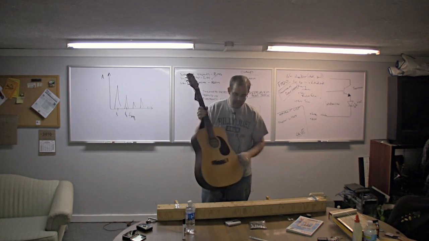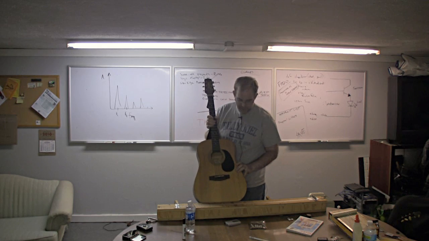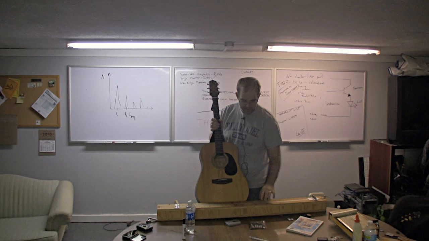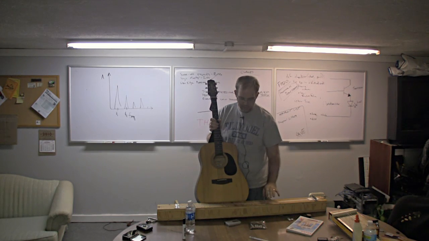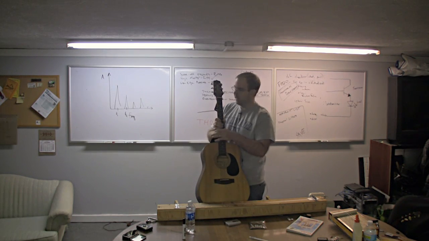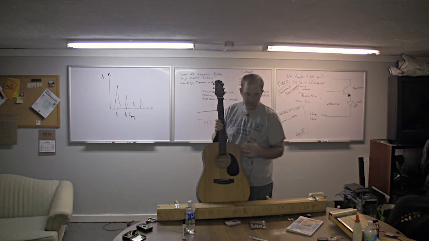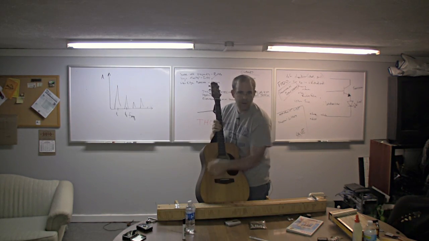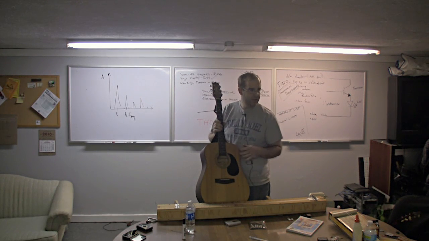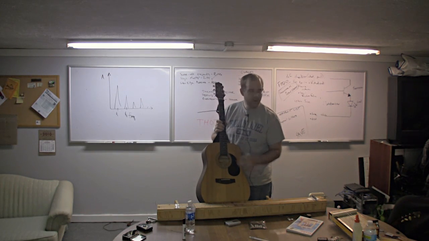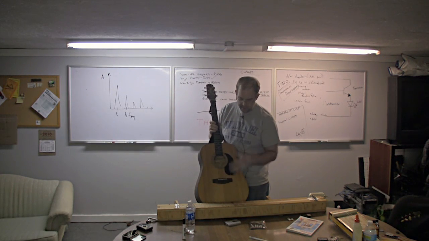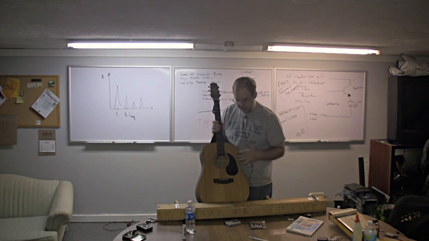And one is that I want to go back to the idea we were talking about at the beginning, where the string itself is coupled to the rest of the instrument. All right, and we just talked about the resonances of the string, but it turns out that the body of the guitar, the top plate of the guitar, and the rest of the guitar have their own resonances. And the resonances of the top plate itself are very complicated, and I'm not going to talk about what they are specifically, but